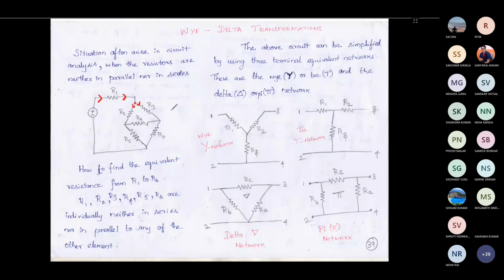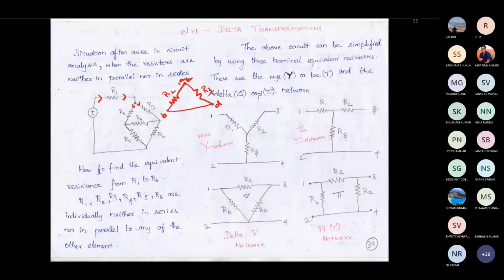So here, R2 is this, R3 is this. Let's say this is terminal A and B for R2, and C and D for R3. Here the A and C terminals are connected, but the B and D terminals are not directly connected here. If these two B and D terminals were connected directly like this, then you could say that these two